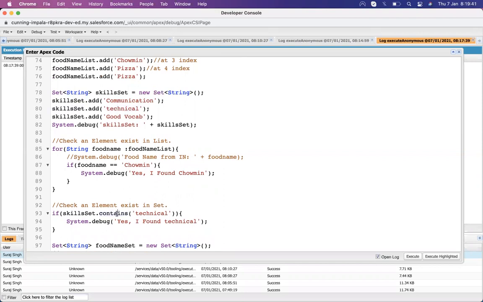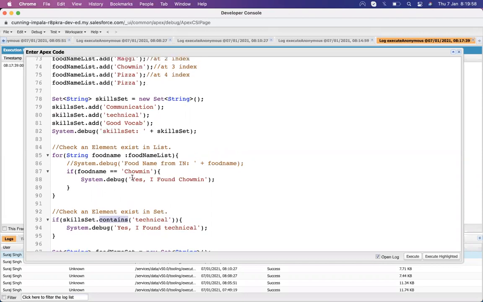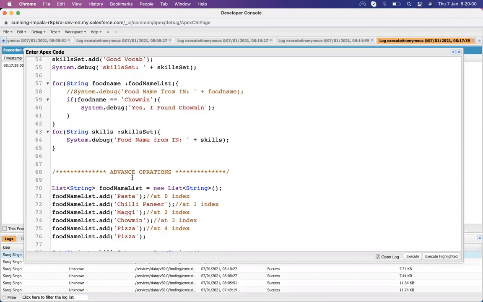It only comes as true or false. If it is found, it says yes, and if not found, it says no. In this way we are using a set or a list.